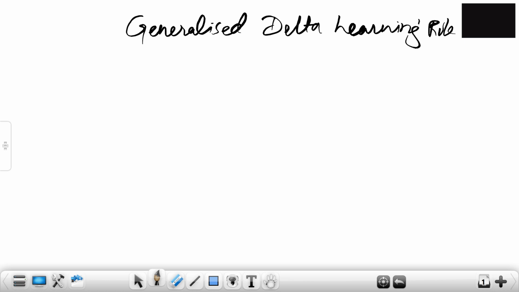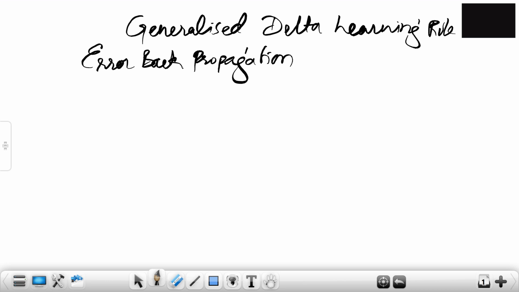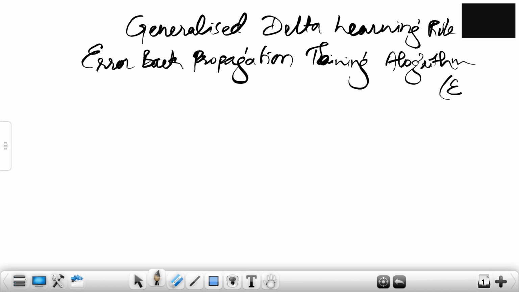What we will check over here is basically the error backpropagation training algorithm, that is EBPTA. Now this topic is not in the syllabus of Introduction to Soft Computing, but it is there